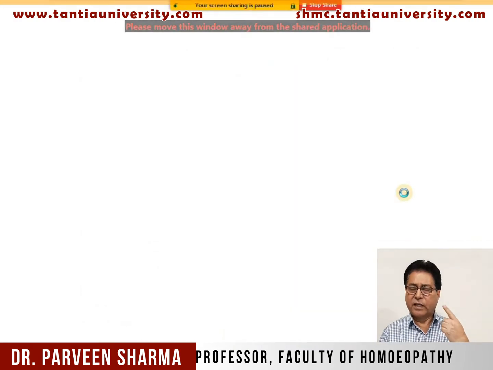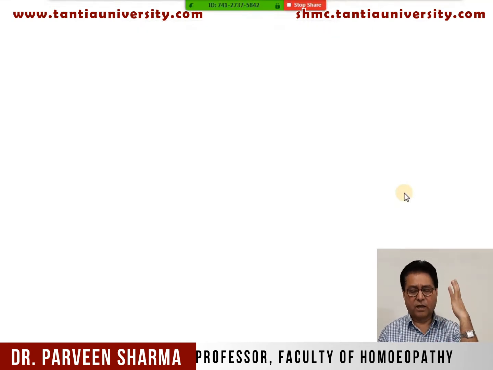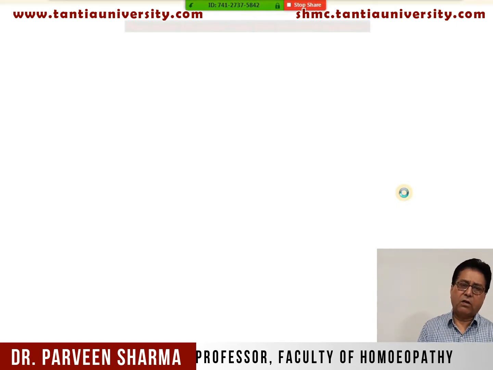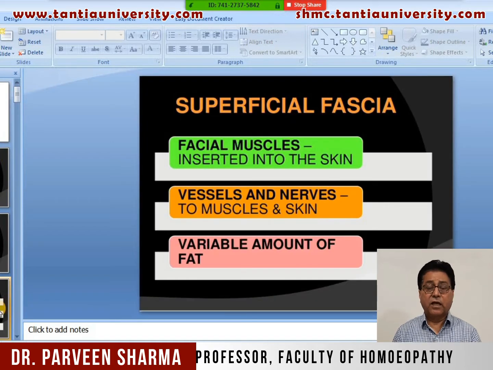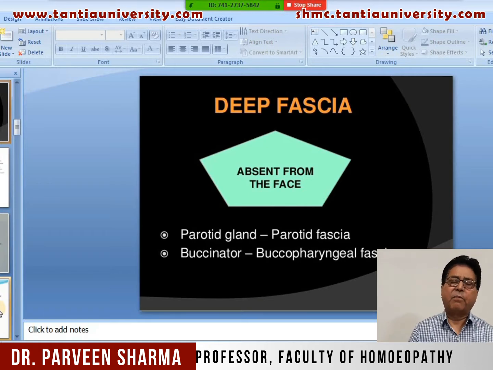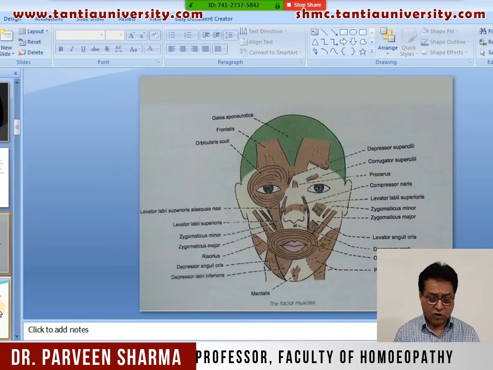Questions are asked on whether the muscle is around the eye, around the mouth, around the nose, or around the ear. Then I told you the common insertion for all the muscles of facial expression. The common insertion is the skin of the face. Then you have nerve supply, which is also common. All the muscles of facial expression are supplied by branches of the facial nerve. That also I'll explain in detail with the diagram.